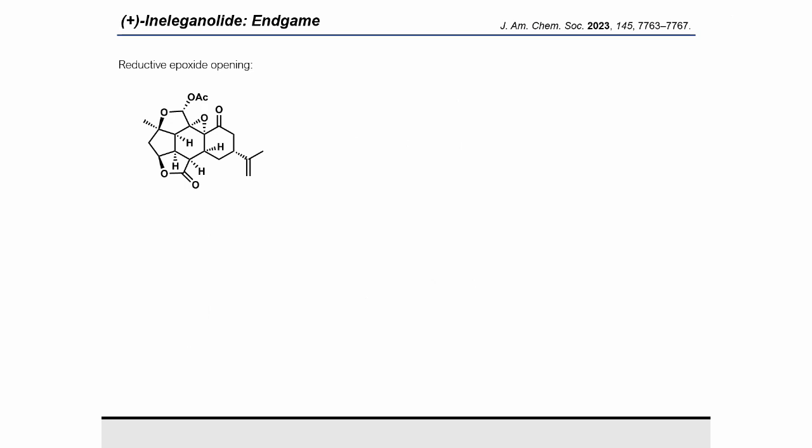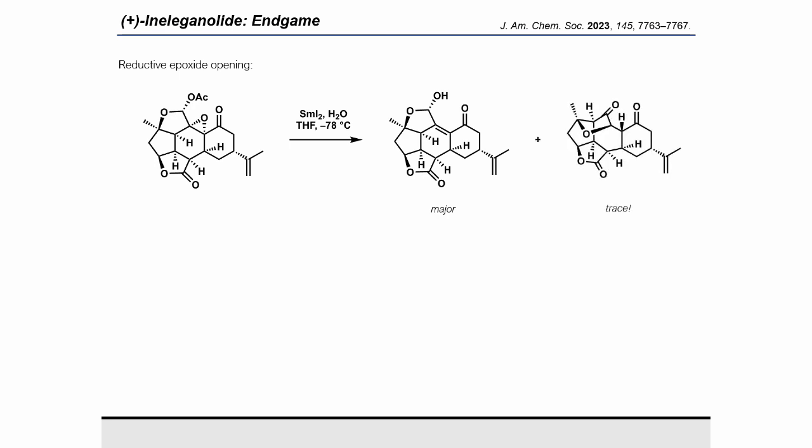Investigating the reductive epoxide opening on our new substrate, we were faced with the same problem of elimination. However, we could see trace formation of ineleganolide in our crude proton NMR with around a 2% yield. Thrilled about this result, we hoped to optimize the formation of our natural product with the semi-pinacol rearrangement evidently happening